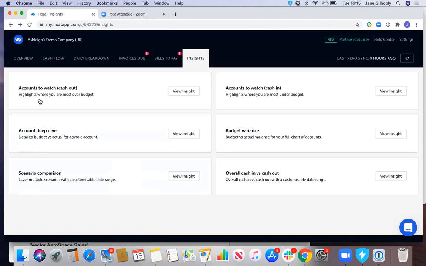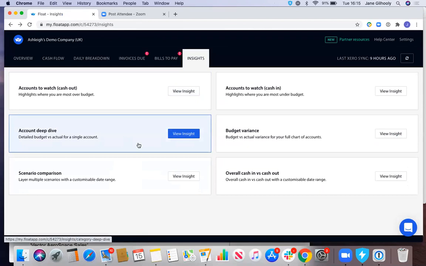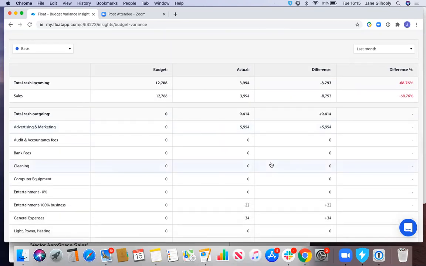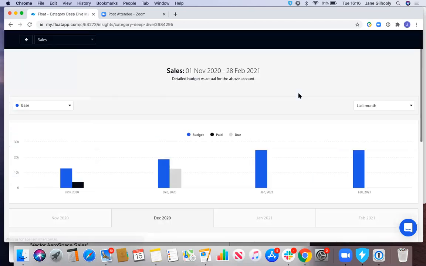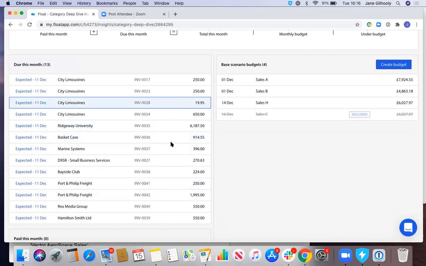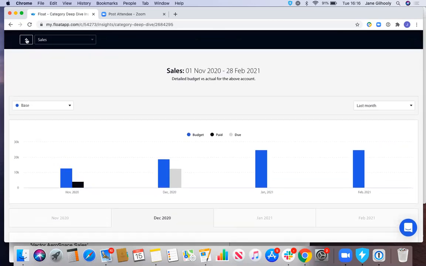And I'm just going to go back. One of the main ones that I like to use is our budget variance. Once your account's been running for several months and you've got the historic figures, this is quite a good one. Because our demo account hasn't been running very long, we don't have a huge amount of figures here. But again, it'll show you the difference between your actual and your budget. So you can quickly see at a glance, in this final column here, where you've been out. And again, you can click in. Everything is pretty much clickable in Float, and you'll be able to click into your sales line in this case and just see exactly what's happened. So I can see all my expected amounts here, and I can see all my budgets here. So just going back,